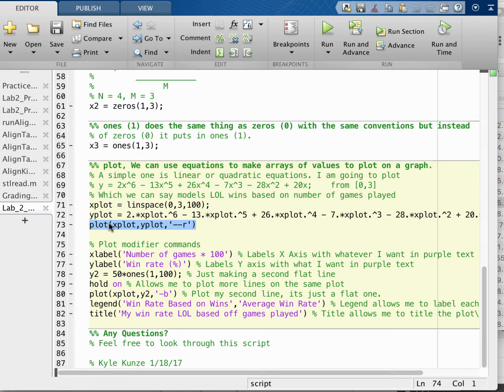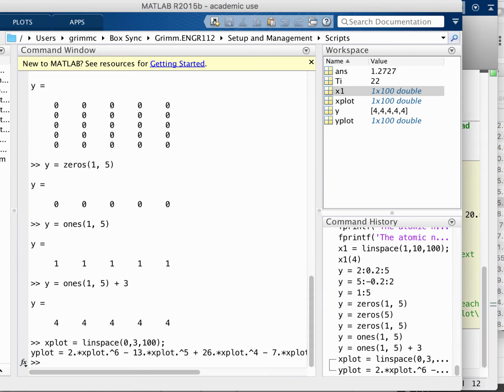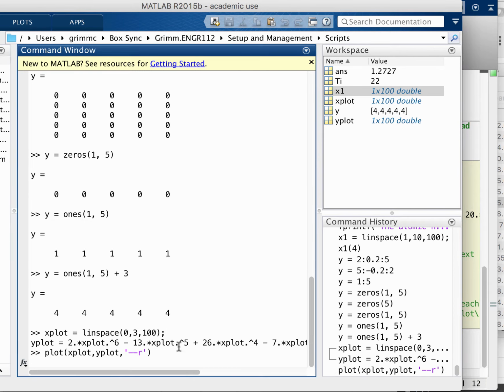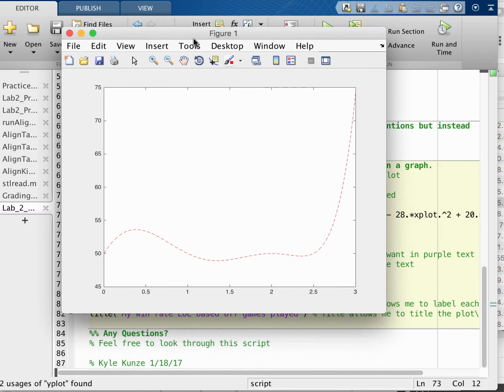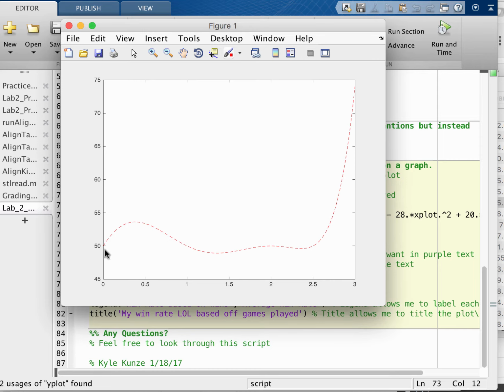This is a straightforward plot command. It says here's the x values, here's the y values. These two arrays have to be the same size. If you create them like this, that will happen automatically. This says I want to make a dashed line that is colored red. So when we do that, we get a figure, and here's our figure. It's a little hard to see, so it starts at 0, goes to 3, and then these are our y